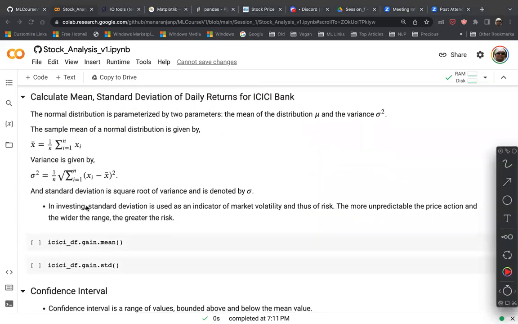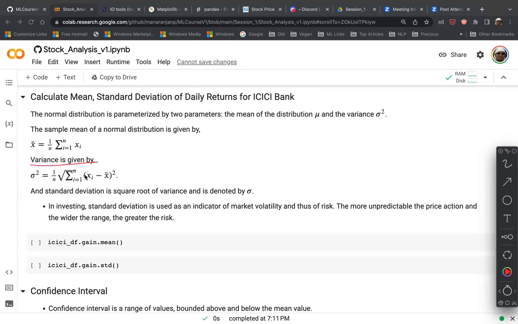How do you calculate mean and standard deviation? I think you must be very familiar with the notations here. If you're not, you should go and explore that. The mean value of the sample is always written as x bar, because we don't have all the data, all daily data. We have only 6 months of sample data. Then xi: